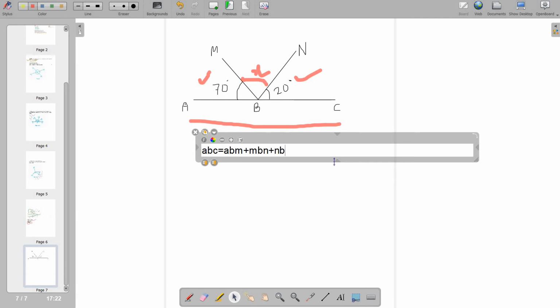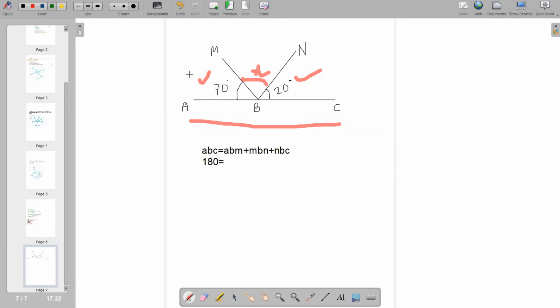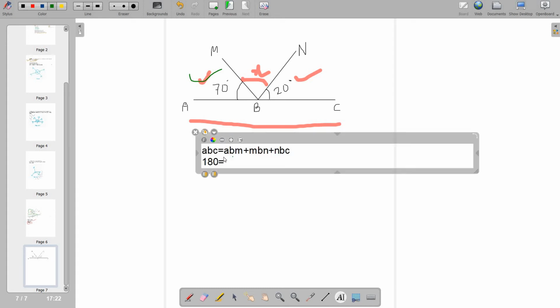Now, what is the angle ABC? Angle ABC is 180 degrees. What is the angle ABM? Angle ABM is 70 degrees. Let us put that 70 degrees plus